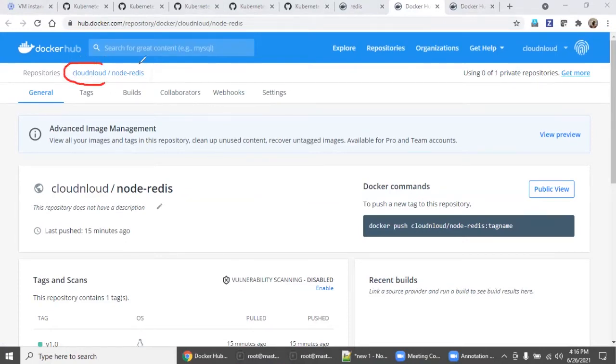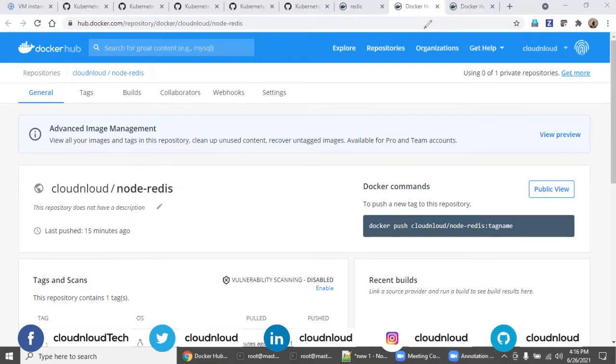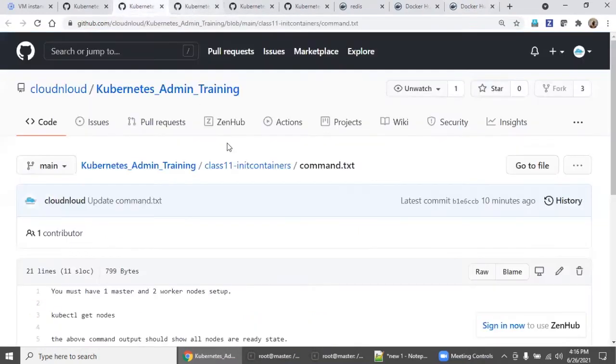For this class, there are two images, the node-redis image, which you can download and customize for your own purpose, and another image, Cloud and Loud /test. I'll explain the purpose of these images. First we will go with the commands.